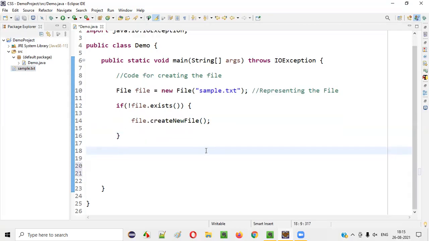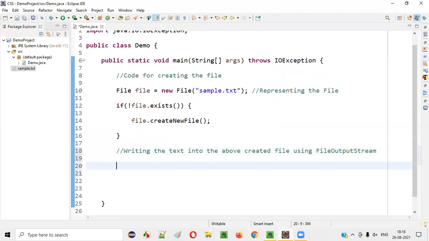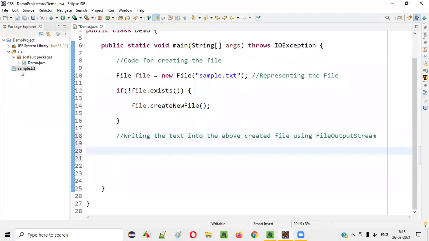Now let me write the code for writing some text into the above created file using file output stream. How to do that?